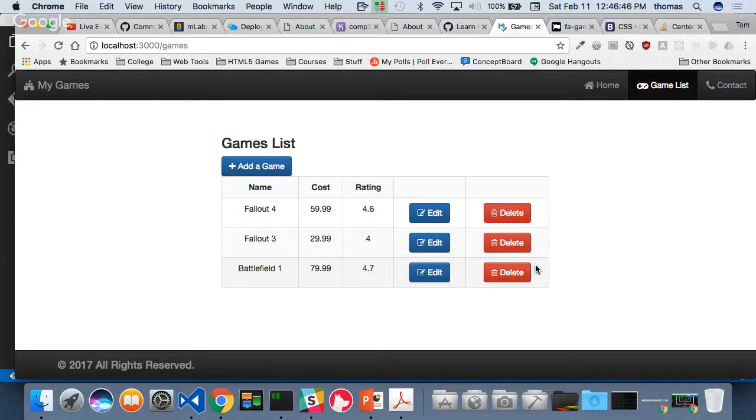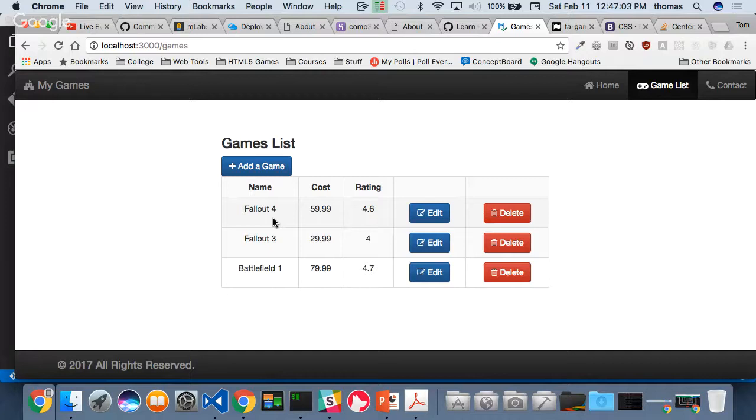Now we've done everything except for delete, and then we're done for today. All right, how do I delete this thing? What do I do to make this work? I want to click the delete button, but I want to only delete the game that I'm clicking. So this goes back to formatting again. First, we have to change our index page, because if we don't change the index page, we can't do the delete right now. So this goes back to what we talked about before. If I go back to my views for my index page,